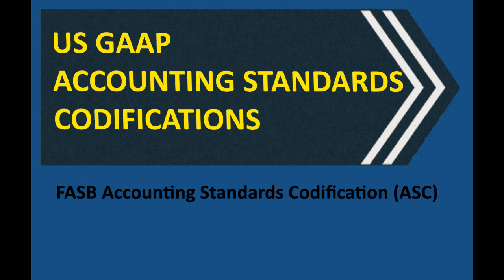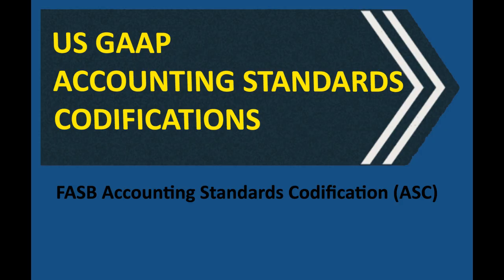All those different levels of GAAP we used to hear about, are those gone now? Gone, gone, gone. Out the window. The codification superseded all those previous US GAAP standards from level A all the way to D. So now, if you're looking for guidance and it's not in the codification, it's generally considered non-authoritative. Plain and simple. That's a pretty big deal. I mean, talk about making GAAP research a lot more focused. Huge. Absolutely.